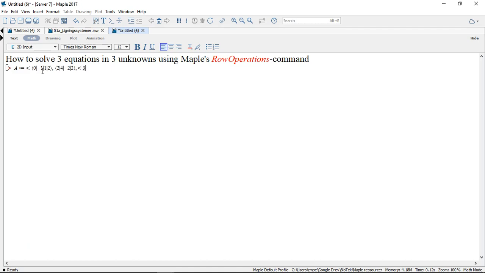And then 3 bar 4 bar 9. That's the third row of my matrix. And I end the command line with a semicolon and then enter. So Maple now tells me that it has defined the matrix A here, and I'm ready to manipulate the rows